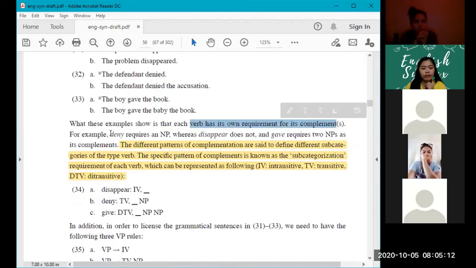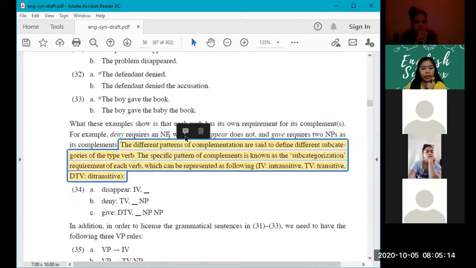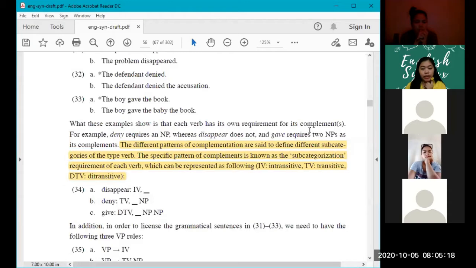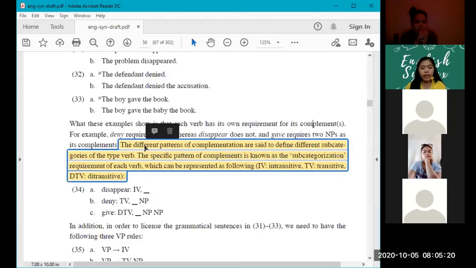For example, the verb deny requires an NP, whereas disappear does not require an NP, and give requires two NPs as its complement. So the different patterns of complementation are said to define subcategories of verb. The specific pattern of complements is known as the subcategorization requirement of each verb, which is represented as the following: